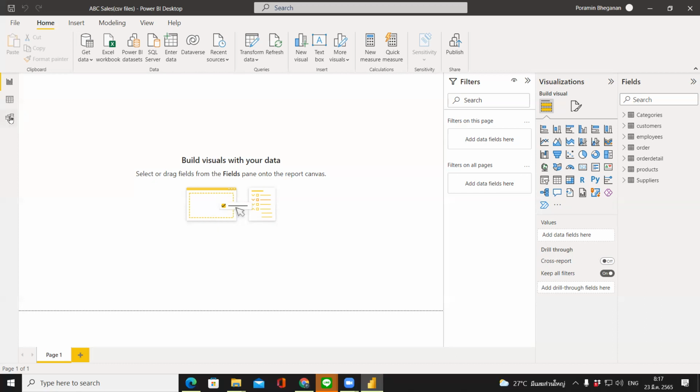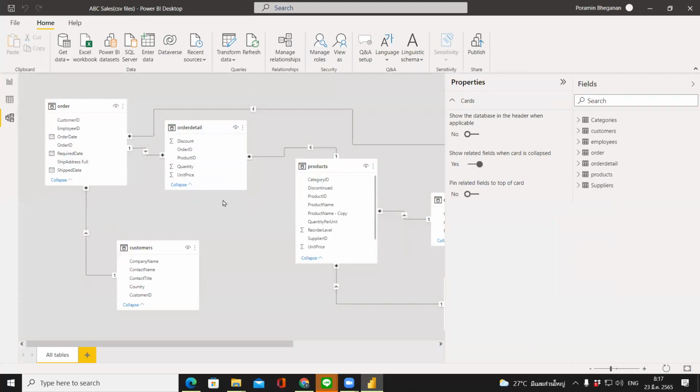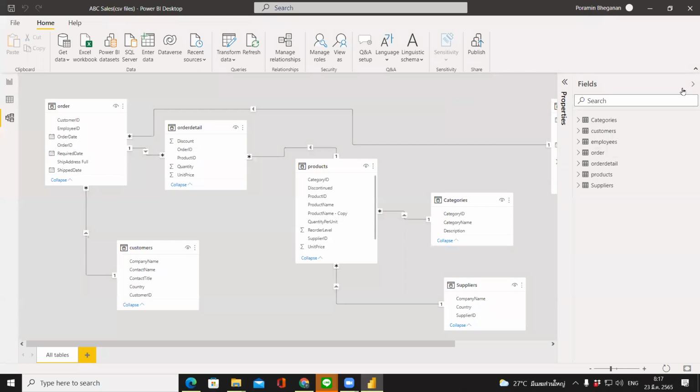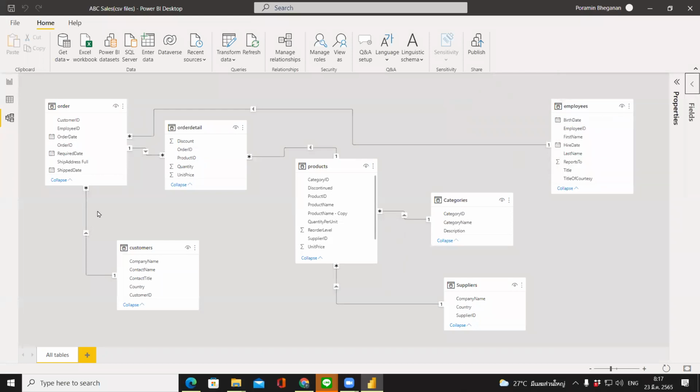and create the models automatically, like it does here. You can see that last time, when we got all of the CSV files, I didn't create any relationships, but Power BI analyzed them by itself